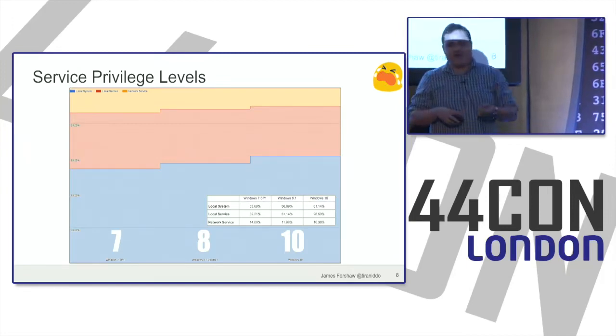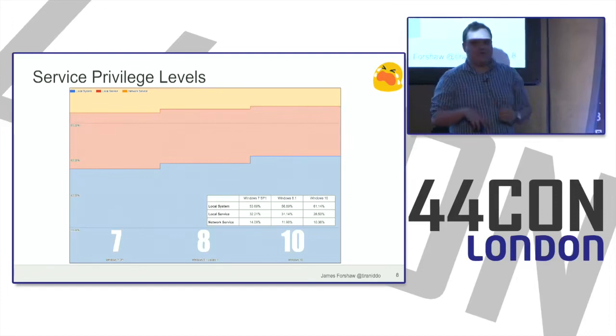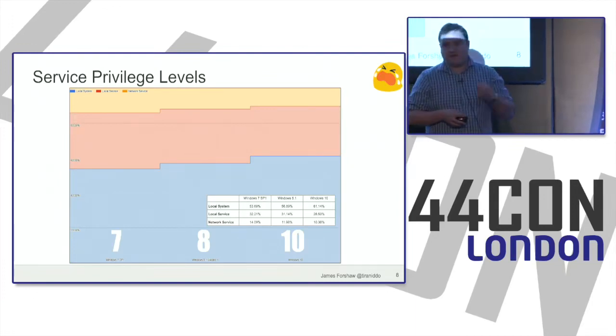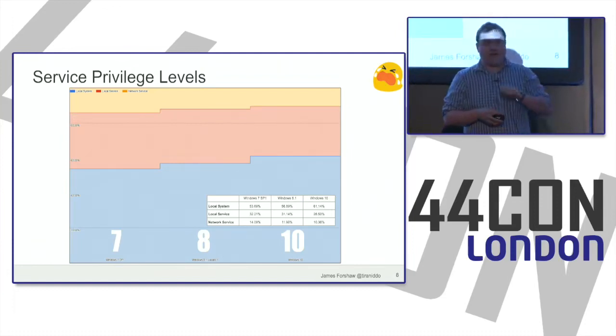And so this is basically a graph of the percentage of a particular type of user account which a service runs at, relative to the total number of services. So Windows has 3 main built-in service accounts. It has local system, which is effectively local administrator, the local God account. You have network service and local service. And network service and local service, for all intents and purposes, are more or less the same from a security perspective. Local system gives you administrator rights. Network service or local service does not. It does not give you direct administrator rights. You may be able to break out of that once you're at that level, but it doesn't immediately compromise the system.